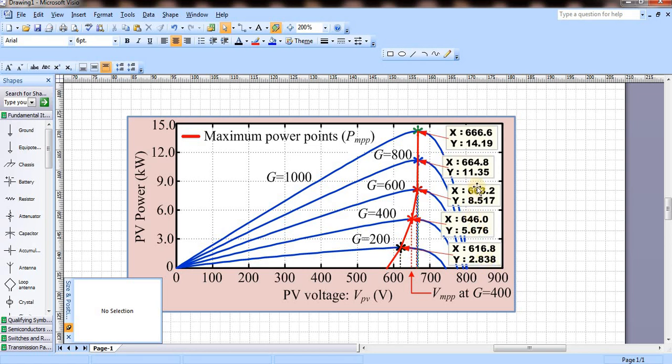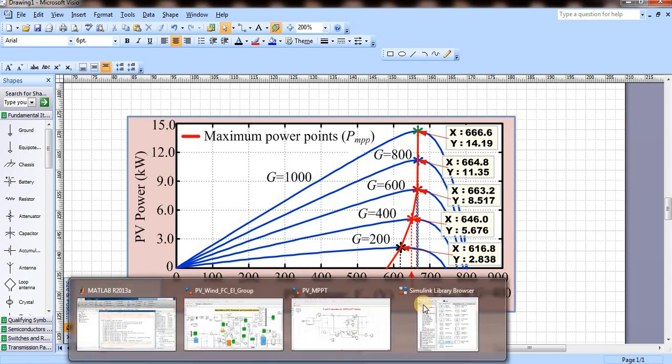If I get this VMPP point, either 616 or 664 or 666, then I can operate my PV panel at this voltage. The controller can operate the PV voltage at this level by using simple DC-DC converters, like boost or buck-boost, or single stage. Then the inverter can also regulate the DC link voltage. That is a different issue. I'm talking about when you know this voltage. If you don't know this voltage, you can also design the P&O algorithm; I will explain in my further video.